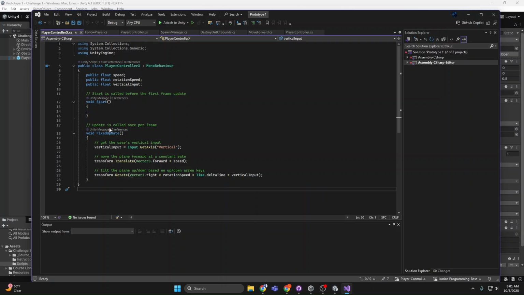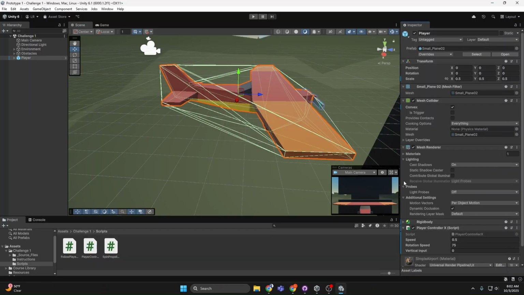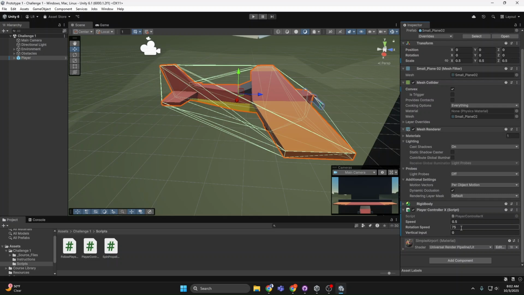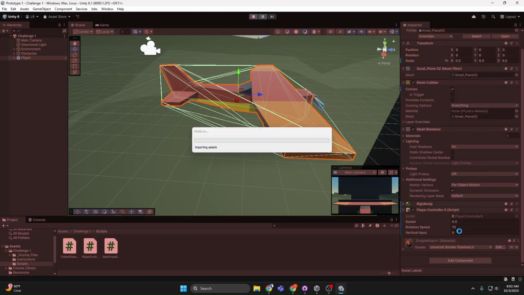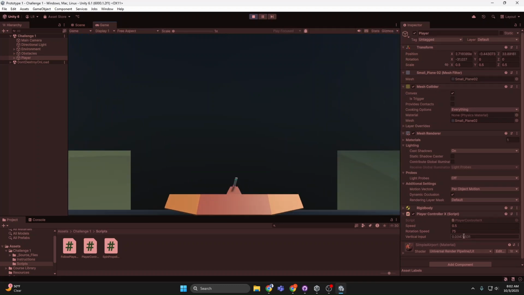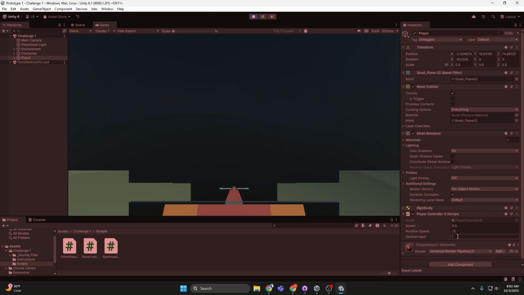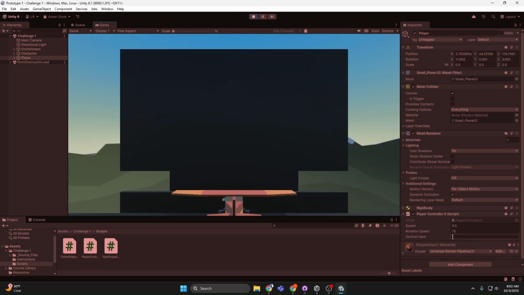So in this, I believe if they're public, then you can change them in the editor. Like here, you can see that I can change the speed and rotation speed and the input also, but it's not nearly as convenient because that's just pressing. When I load it up, if I press W or S, then it changes to 1 or -1. The plane doesn't actually collide with these barriers,